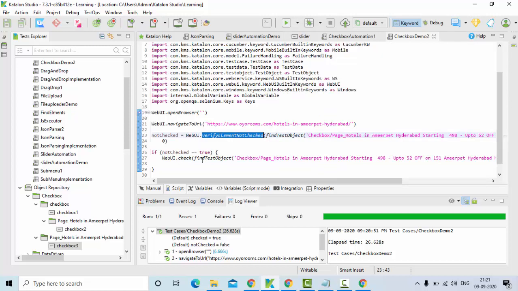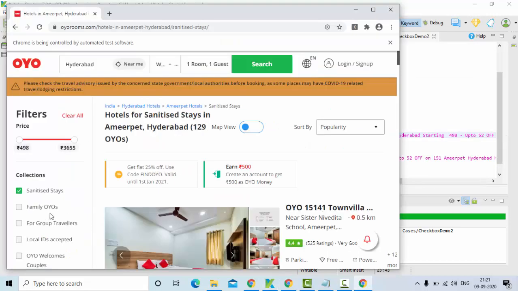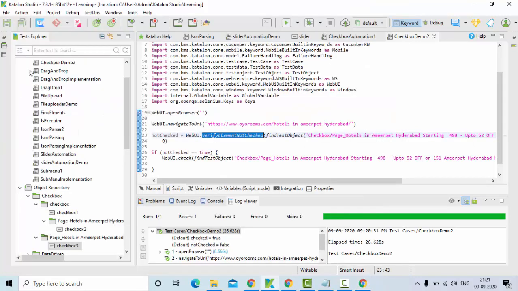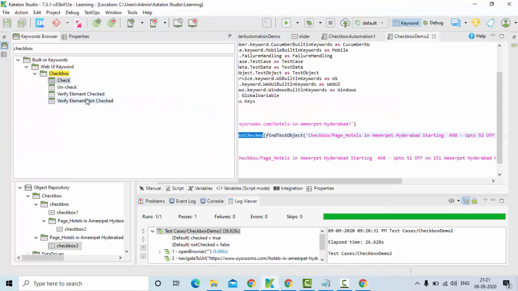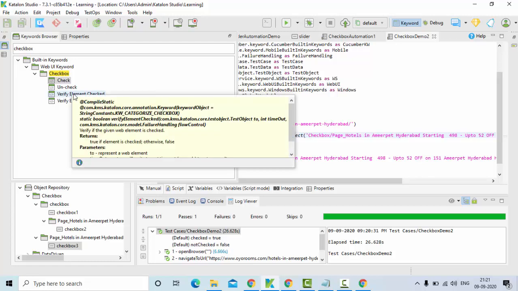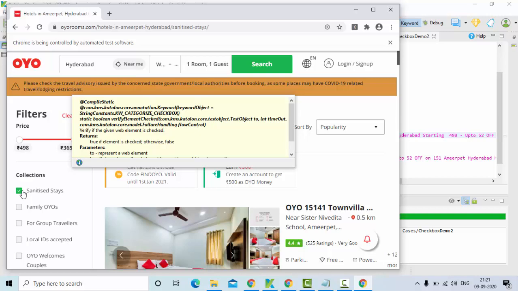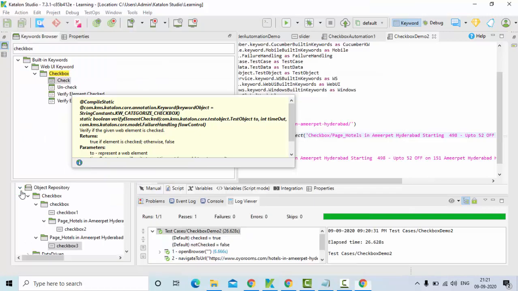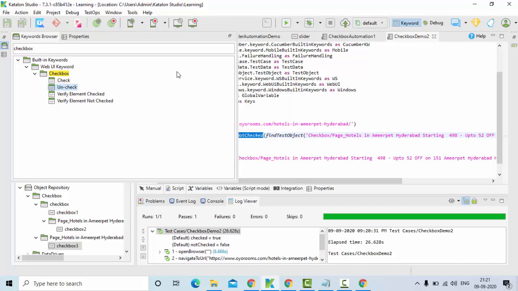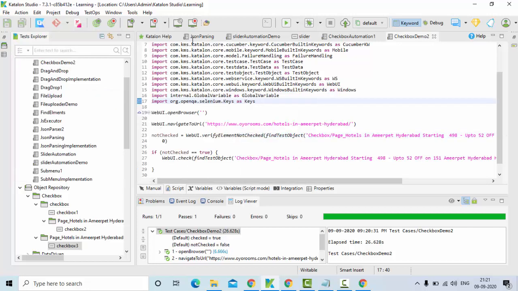So it is checked. Now what I'll do is use another method here, that is verify element checked. Using that method I'll see if the element is selected or not. If it is selected, then I'll simply click to unselect it, right? So these two methods I'm going to use now.